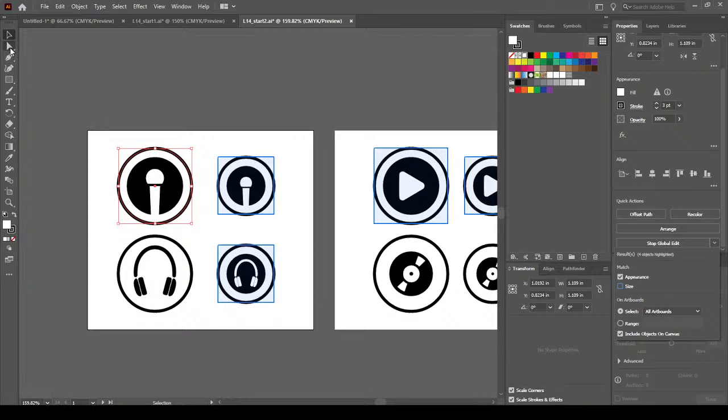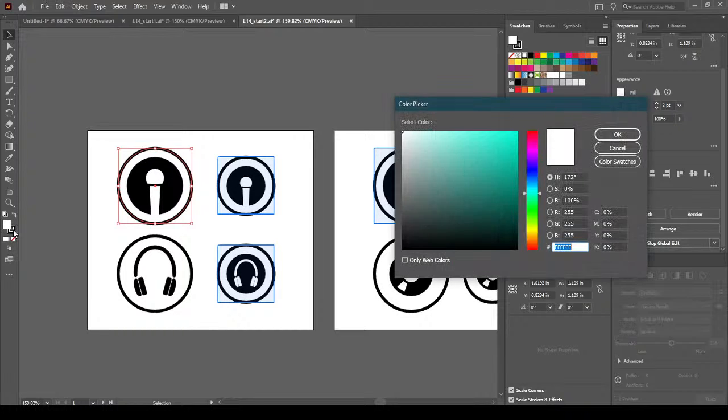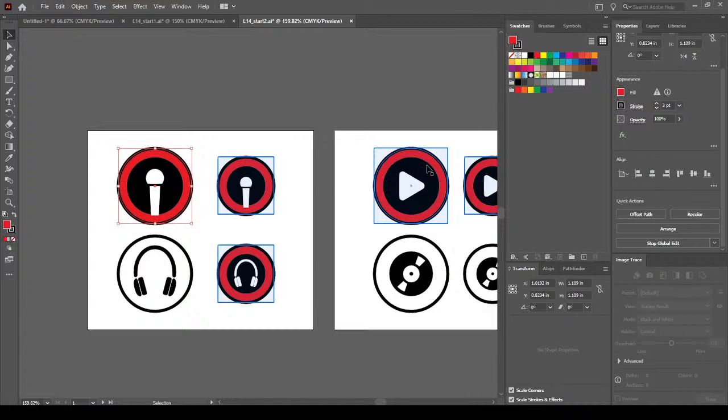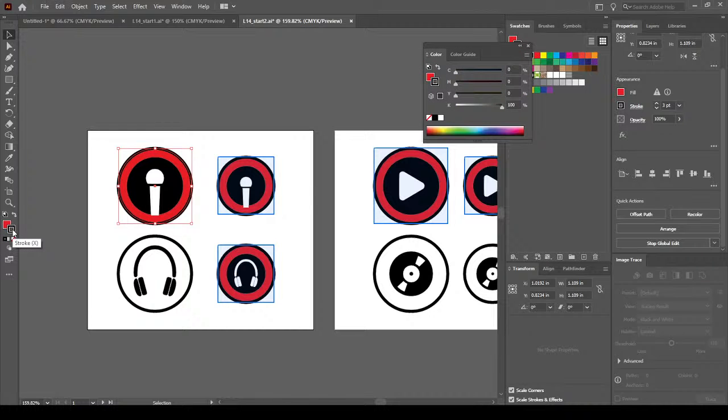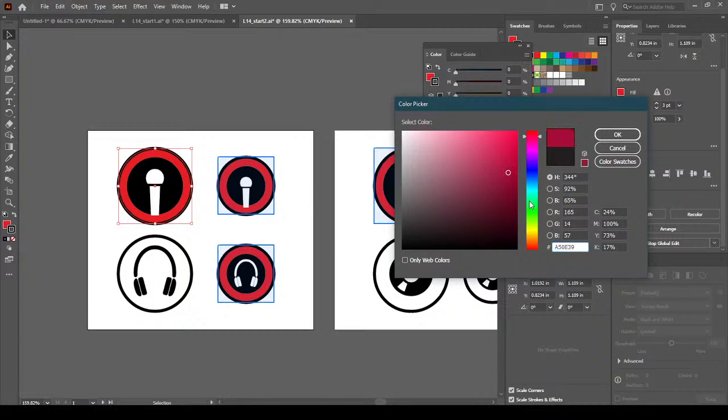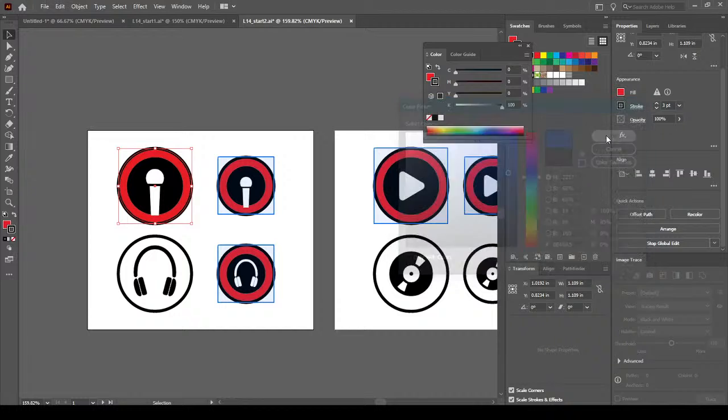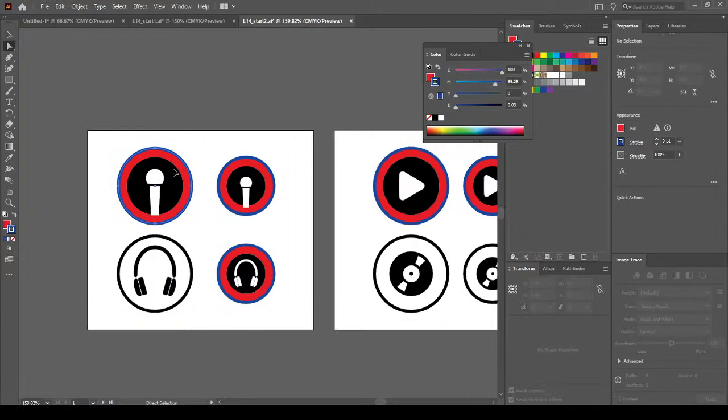Now, if I go to my stroke color here, double click on it, and change the stroke color to something else. Oh, sorry, I changed the fill color, so it's okay. I changed the fill color to something else, like red. So all of them are now red. If I change the stroke color to something else, like maybe blue, all the fill colors are now changed to blue. If I take my direct selection tool and click on the inner part of it,